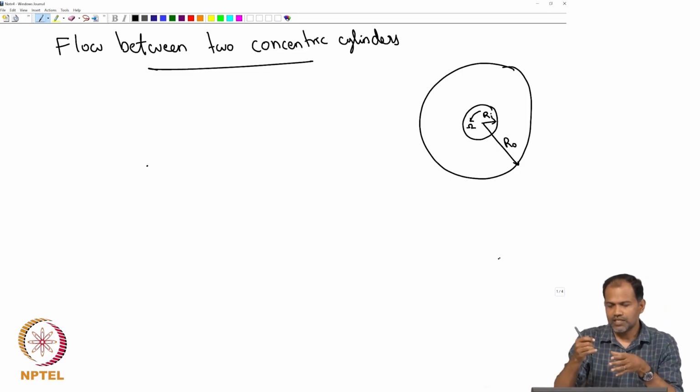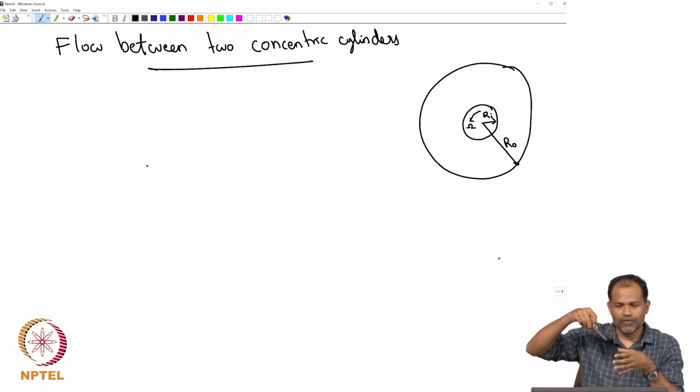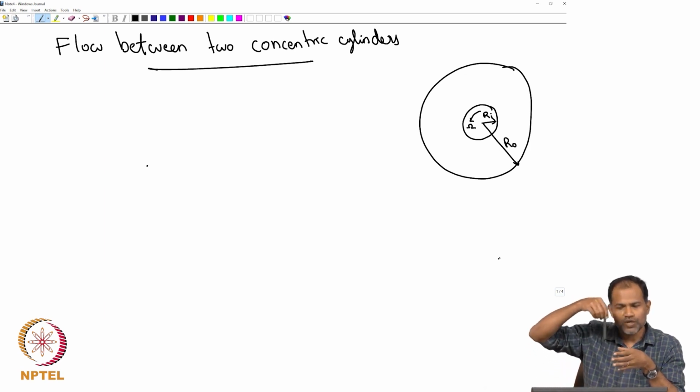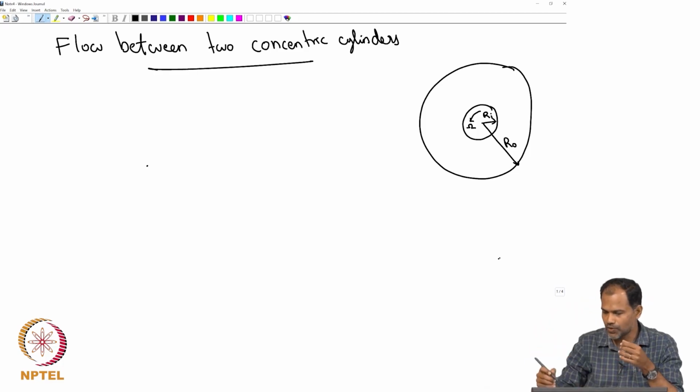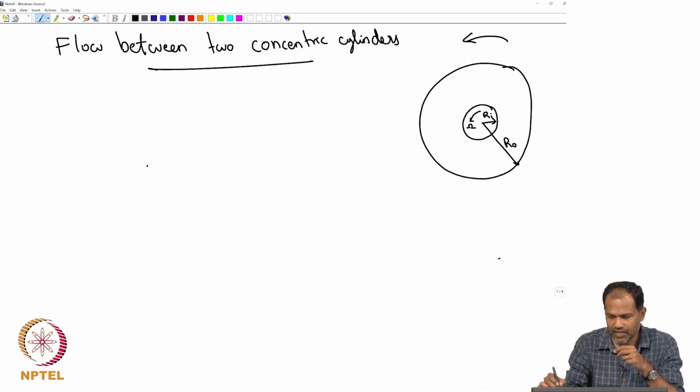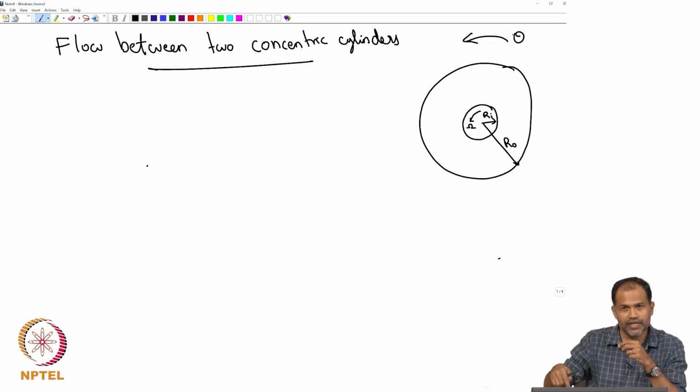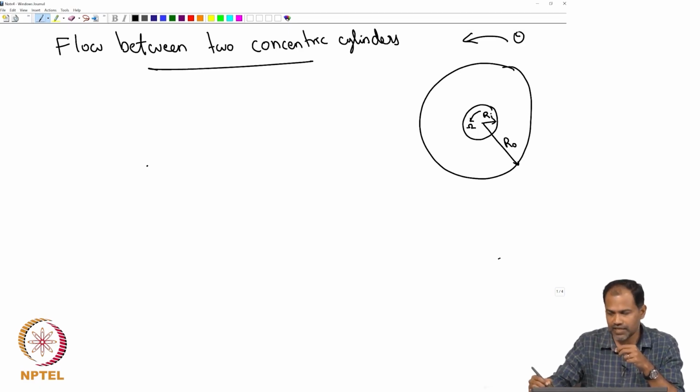Because the inner cylinder is rotating, we would expect that the fluid flow is in the theta direction really. If I am taking the cylindrical coordinate system, I have an r which is in the direction of the radius, then I will have a theta direction which is in the plane, and then there is a z direction,